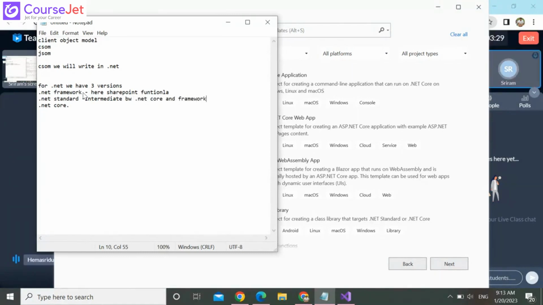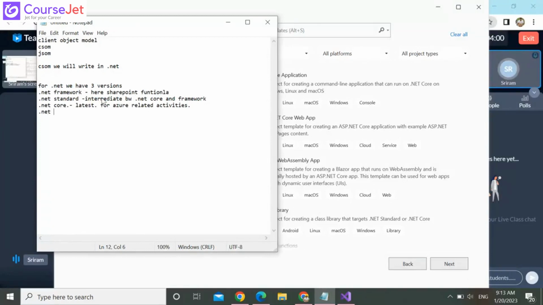One thing, we'll compare. This one is the latest. For Azure related activities, we will use .NET Core. And recently, they have released .NET 5, .NET 6 like that, without mentioning Framework or Core.